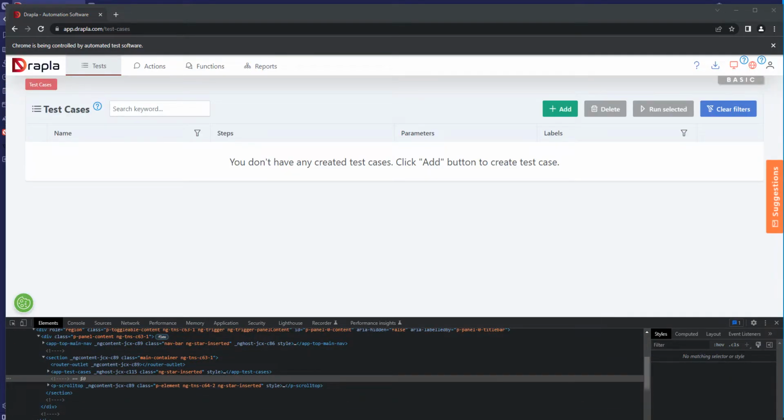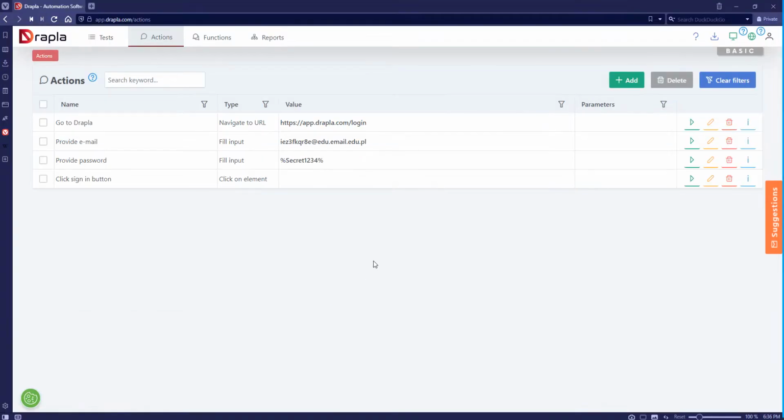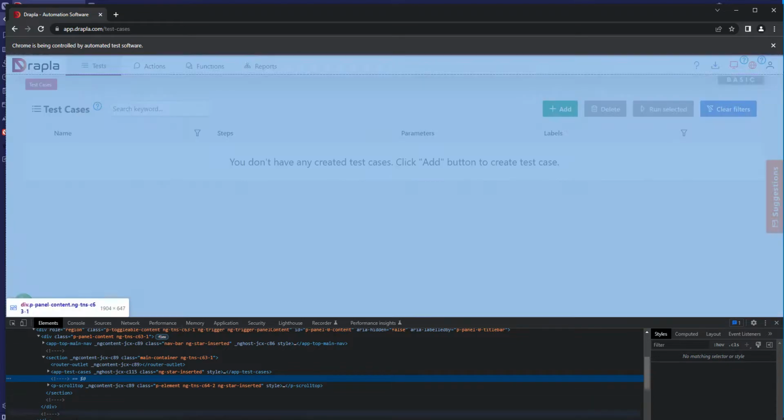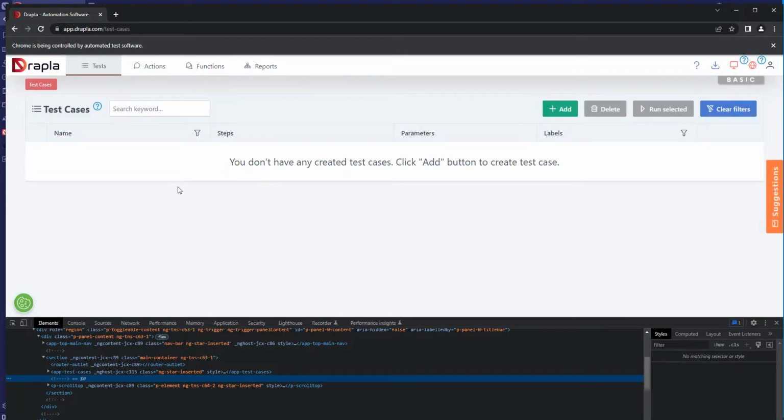So right now we want to click the actions button. Maybe let's do it in that browser. We want to move to the actions page, and we do it with generate, because it's the second way to generate a selector, and Drapla allows us to do it with generate selectors.